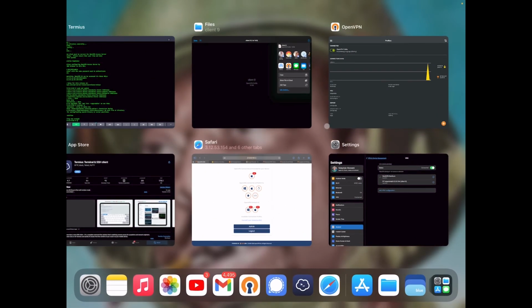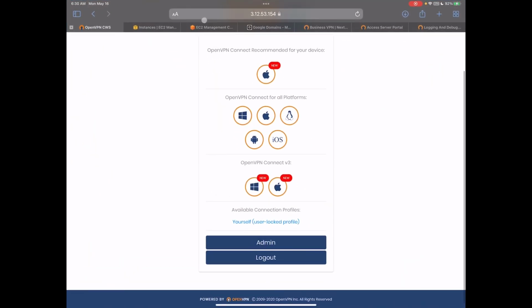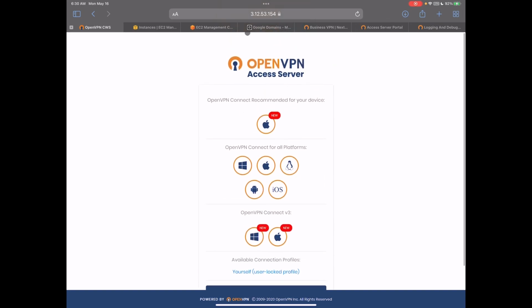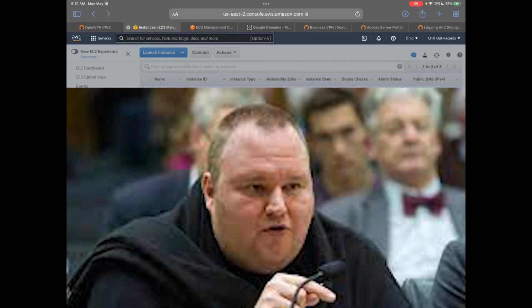Pretty cool. Let's see, what else is there? You can add other accounts onto it. Oh, and you can also go to Google Domains, if you have a domain, and all you have to do is set up the DNS with your IP address as like type A, and then you gotta put like a prefix before your domain. So instead of using your IP address to connect and everything, you can use your own domain. But anyways, now that we've got our